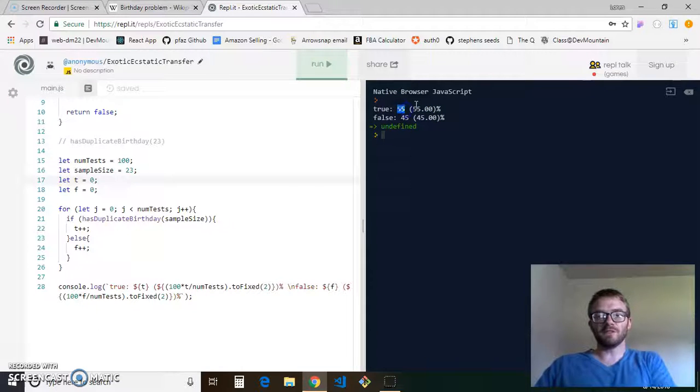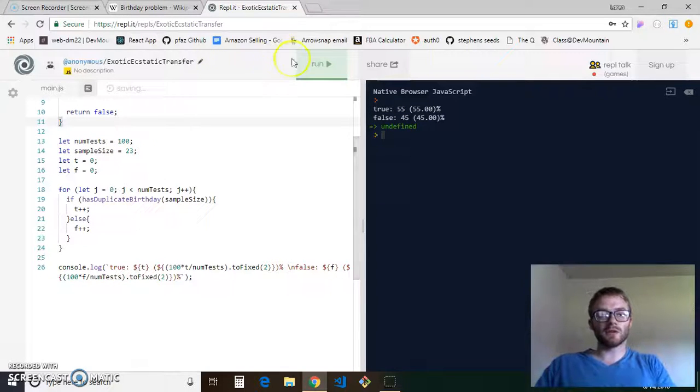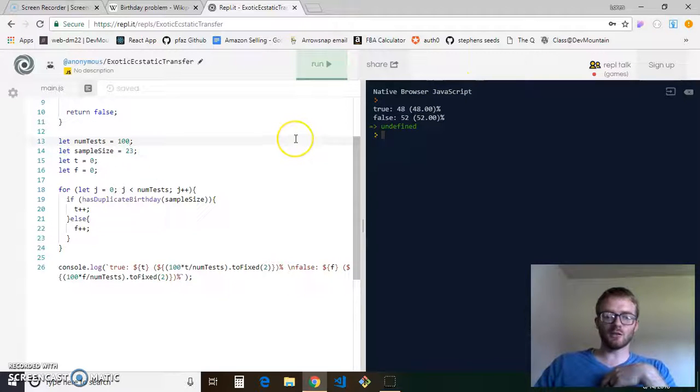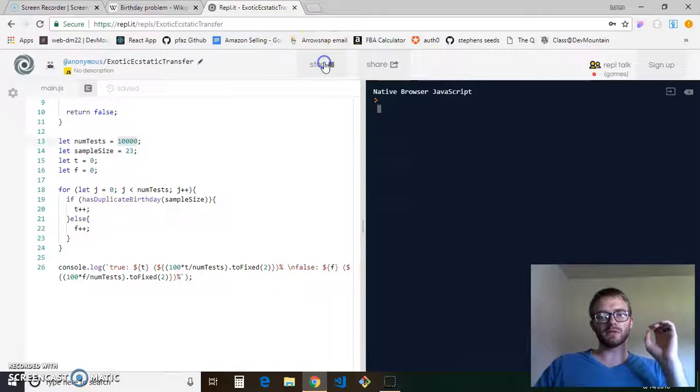And 55 of those 100 groups had a duplicate birthday with 23 people per group. Okay, we could run this a couple times, and you'll see that with just 100 groups, you can end up going a couple in the wrong direction, or not the wrong direction, but you can get 2 more on this side than on this side, and it's easy to skew the percentages that way. So let's increase this to 10,000. If we run this test 10,000 times,